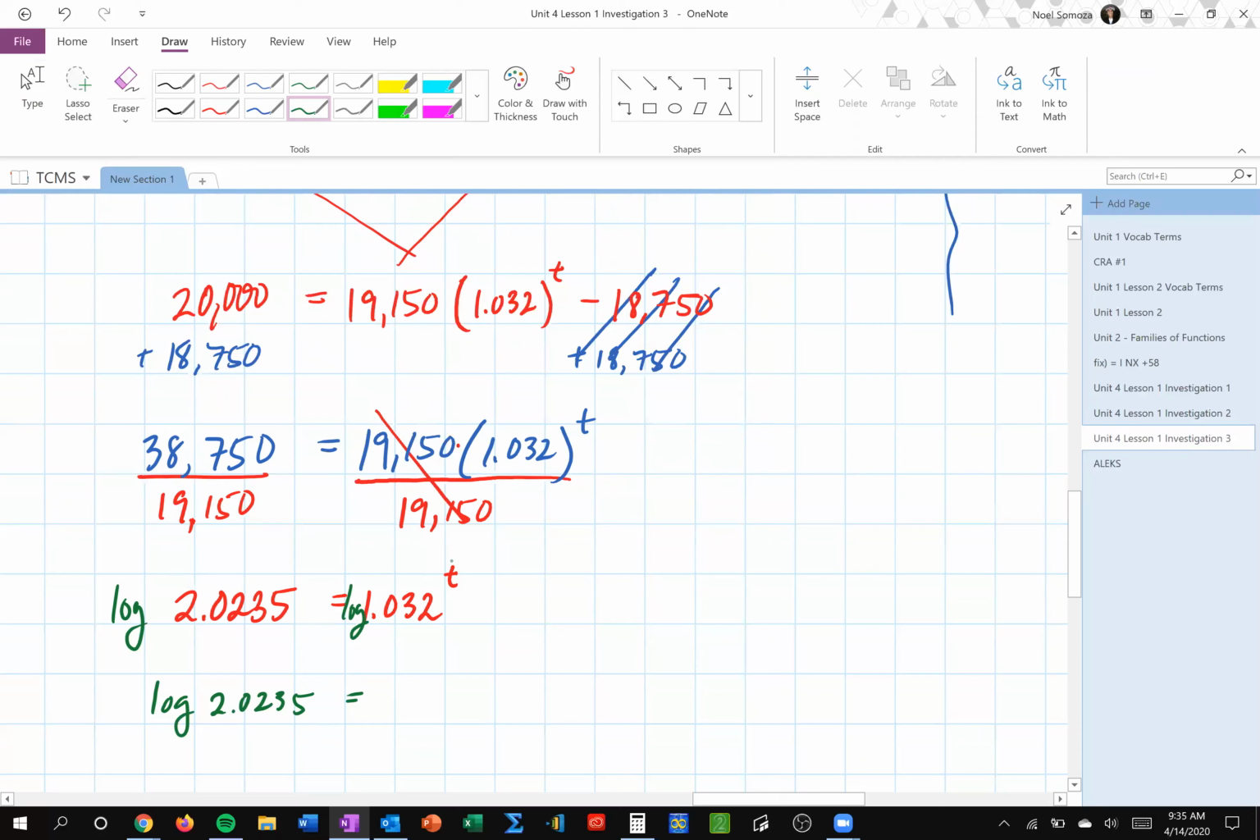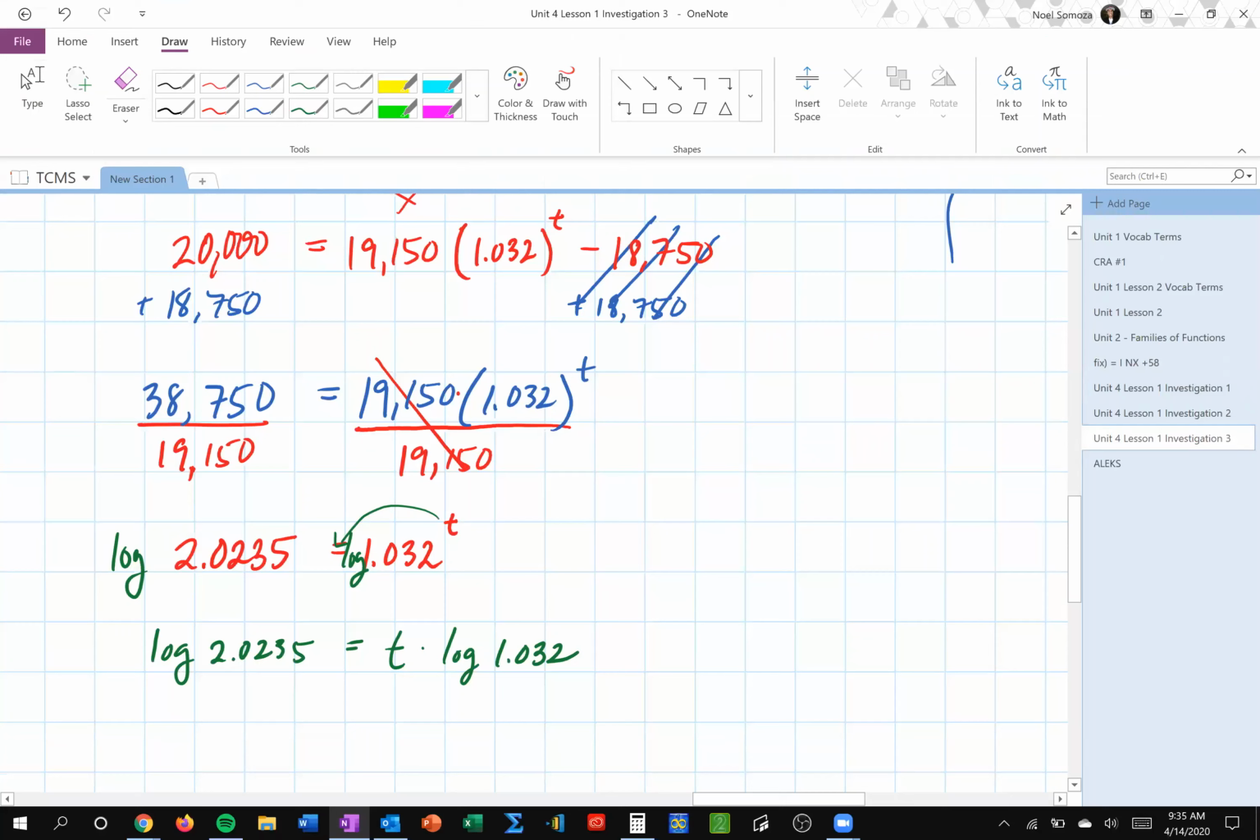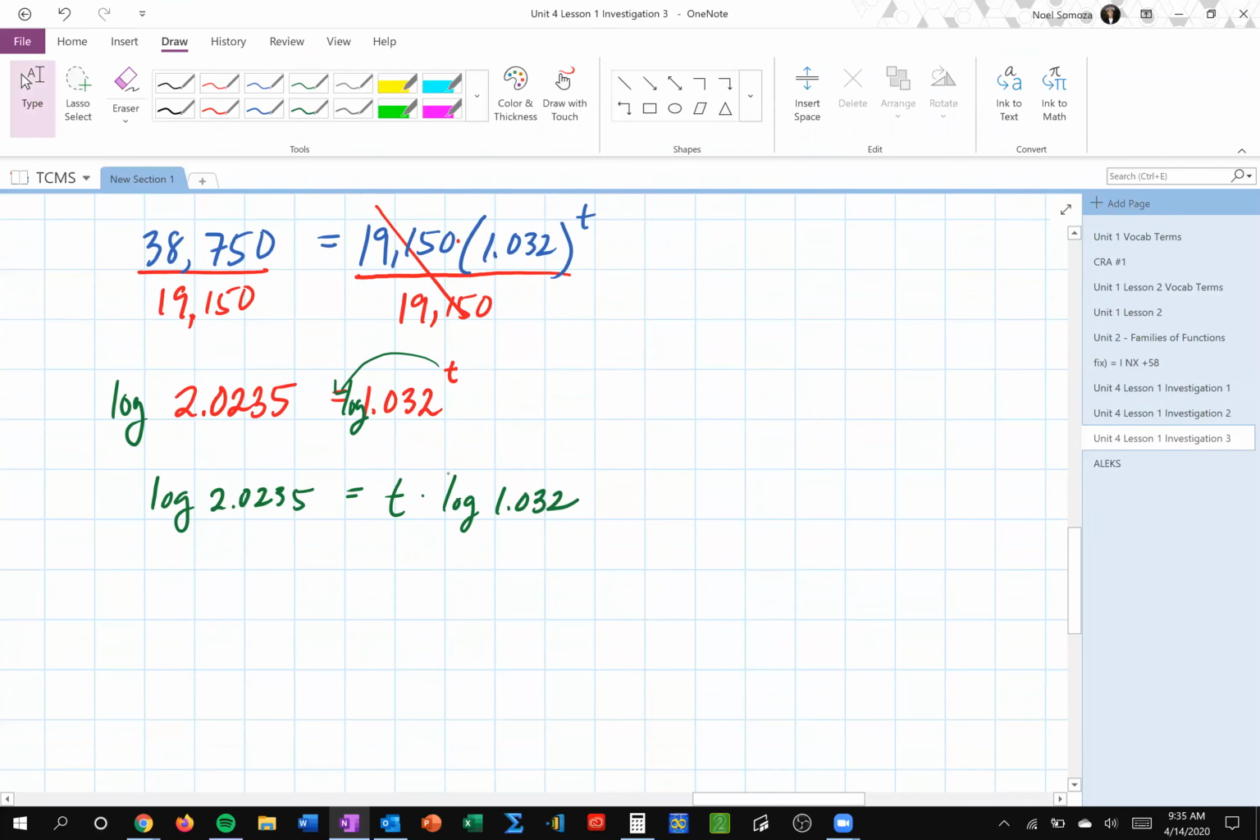Bring it down, right? So you bring it down essentially to the front. You leave it as t times log of 1.032. Now you have to think of log of 1.032. That right there is a number. In order to get t by itself, you divide both sides by log of 1.032, so here this cancels. You're left with t equal to, and then here's where we have to use